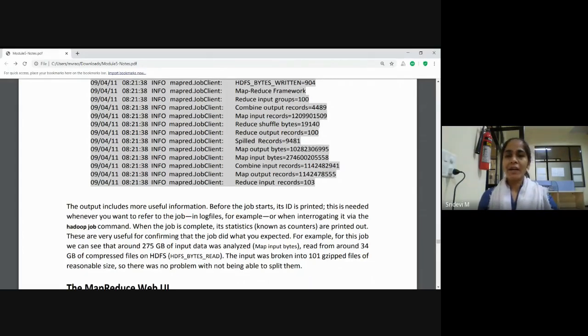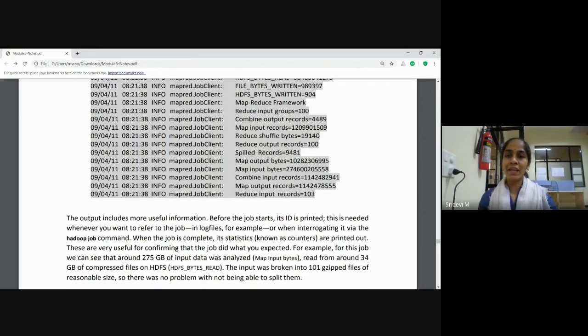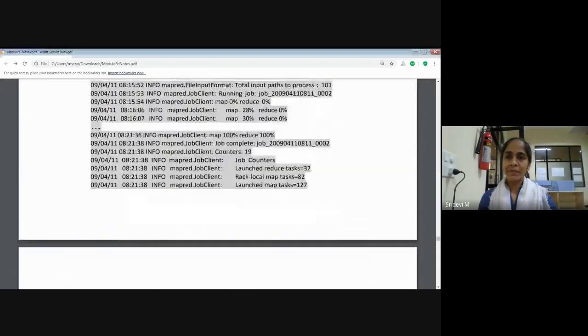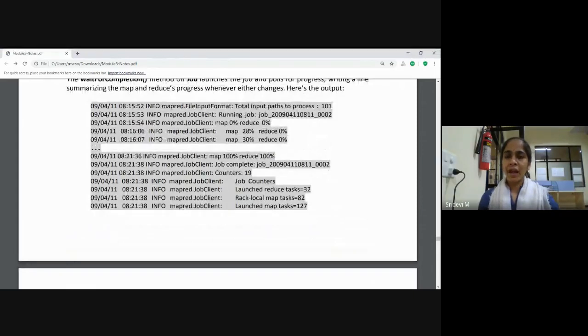Input splits are read from the NCDC data set, and the input was broken into 101 zipped files of reasonable size, that is mentioned here in the beginning. The starting line of the shaded region, you have total input paths to process is 101.